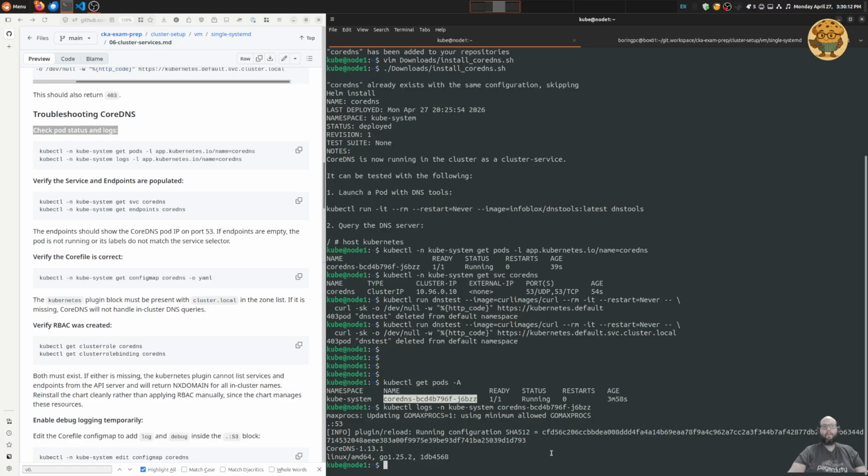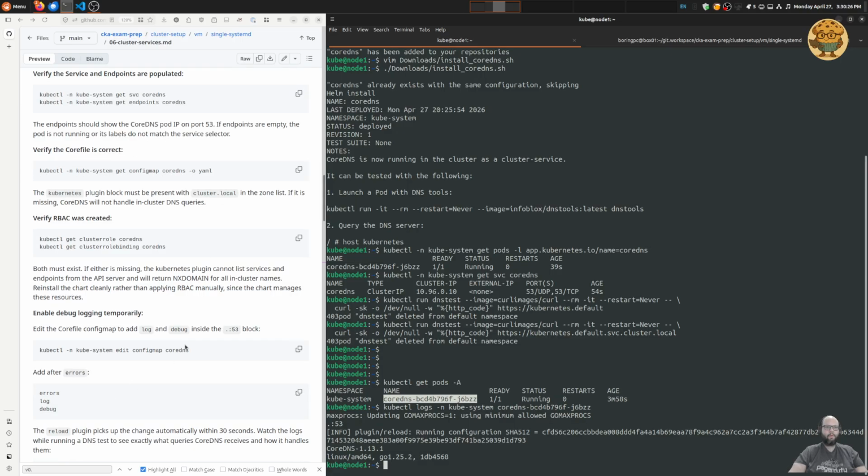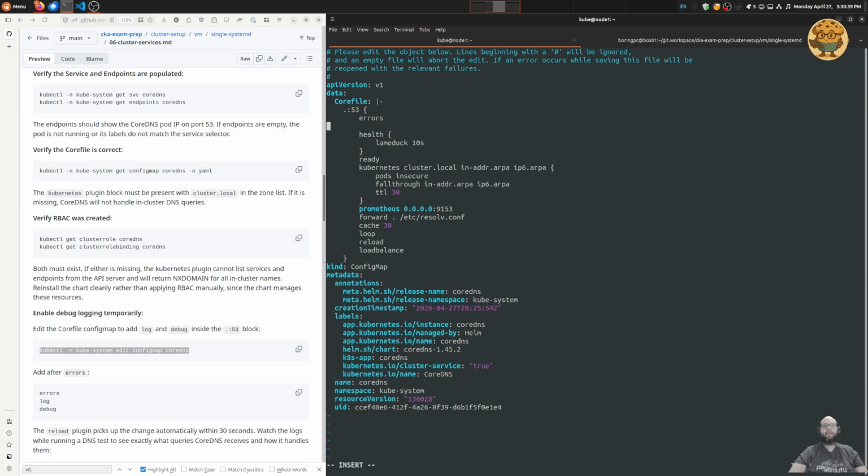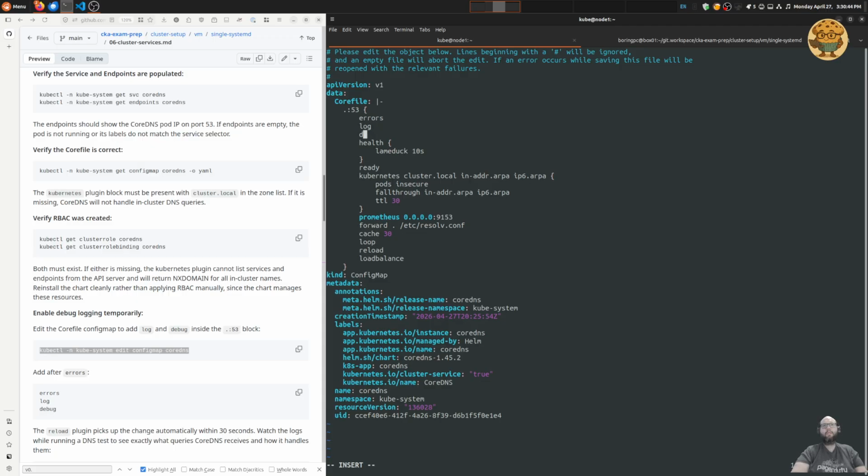Now, because of the way that the CoreDNS service is configured, the logging is only going to show error and info. So there is another step down here where you can modify the config map for the CoreDNS service, in this case the Helm chart. And what you do is down here where you see the Corefile section, you can add in log and log debug. So this should allow us to see